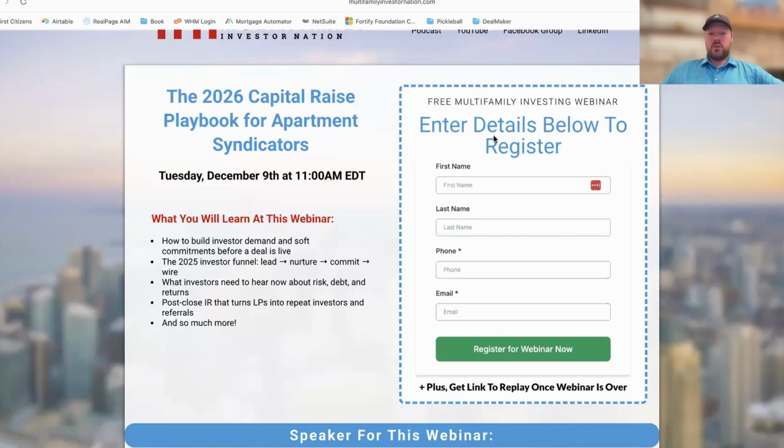Now you've got to not only go to once a quarter, you've got to go to once a month, probably sometimes twice a month. You might have to go around to some sister cities around you to be able to get your name out there and your name recognition. And you may even need to start calling some of these organizers or some of these events to actually start speaking on stages or being on a panel or something like that to really be able to get your awareness out there. Or shoot, maybe you want to start something like the Multifamily Investor Nation and start your own podcast, write your own book, or start your own authority platform of some sort to really be able to expand your abilities and your network to be able to raise more capital, right?